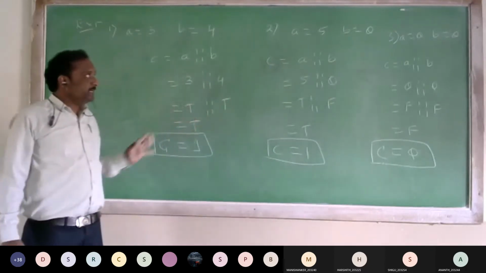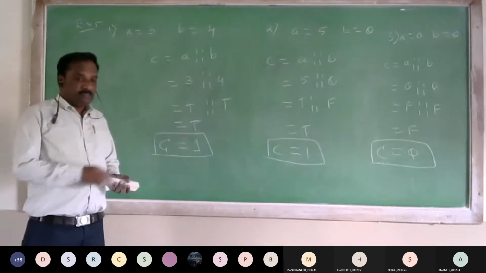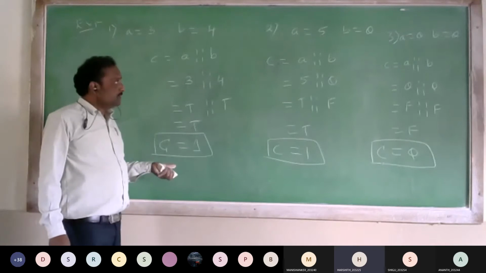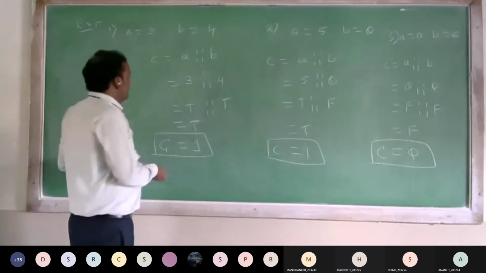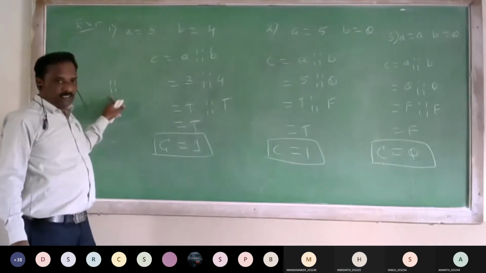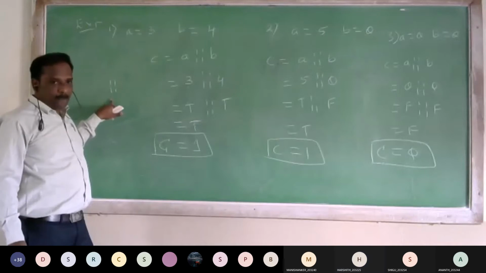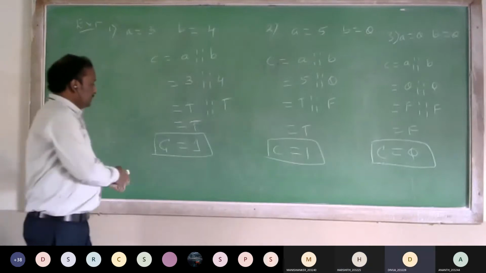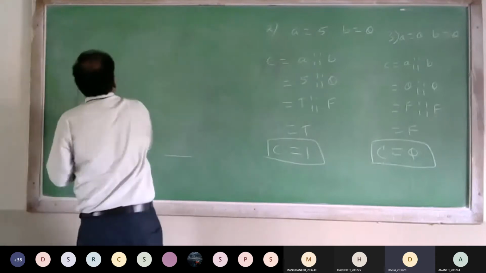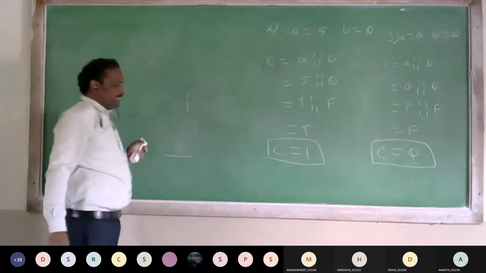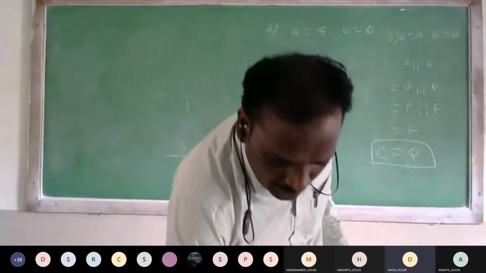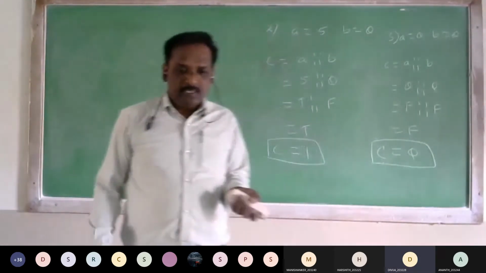Clear, everybody? Anybody having any doubt in this example? Sir, that symbol is 4 lines, sir. The symbol is a vertical bar. You see it on the keyboard. Sir, is it an exclamation mark or just a slash? Not a slash. This is a vertical bar, like this. You see it on the keyboard, above the enter button.